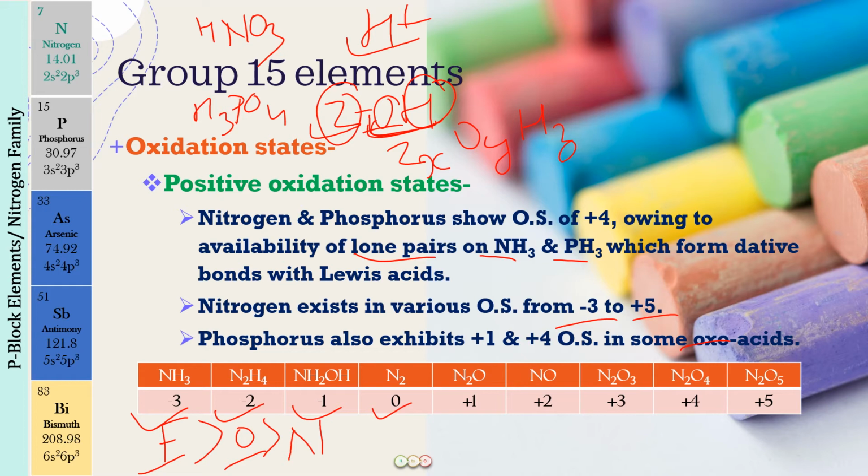We are going to discuss all these oxides in detail. This is N2O, nitrous oxide, +1 oxidation state. Then we have NO, nitric oxide, which is +2 oxidation state. Then we have N2O3, which has a +3 oxidation state. N2O4, and you can also write NO2 over here, because N2O4 is a dimer of NO2, nitrogen dioxide, is a +4 oxidation state. Then we have N2O5, a +5 oxidation state, and you can write HNO3 also. In HNO3 we again see a +5 oxidation state.